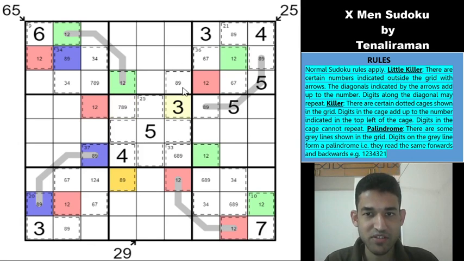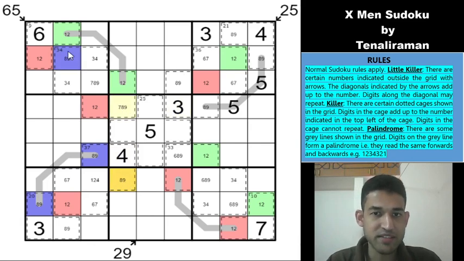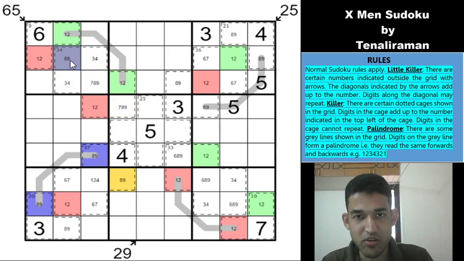Again, same idea, guys. The idea which we used in these two cells. If you look at this cell, it is seeing both of these cells, right? Which means that this cannot be. Why this cell is seeing is that actually this would have no effect in a normal classic rule on this cell. But because it is a killer cage, whatever comes here cannot be here. Beautiful. So which means this cannot be 8 or 9 because it's seeing both yellow and blue. This would have to be 7. And that means this is an 8, 9 and that becomes yellow.